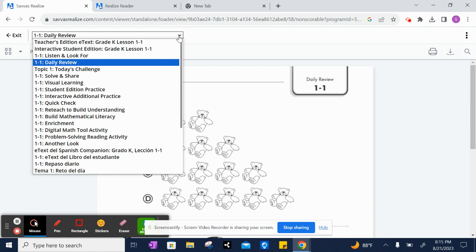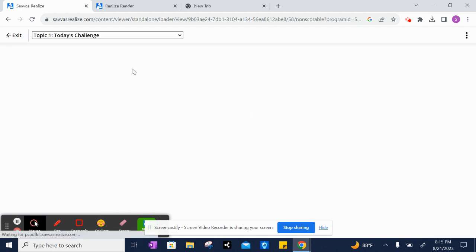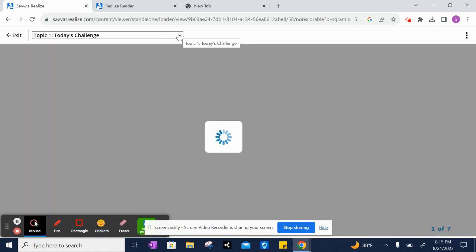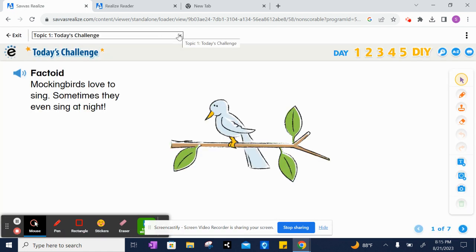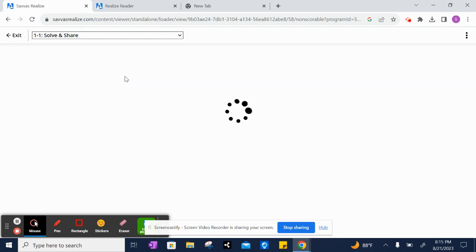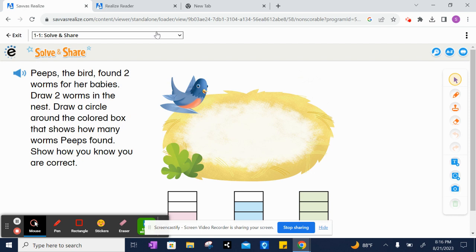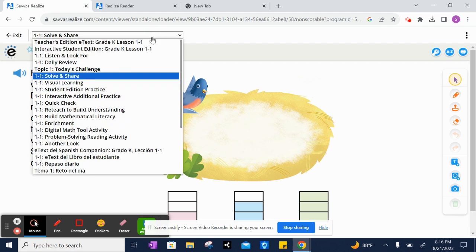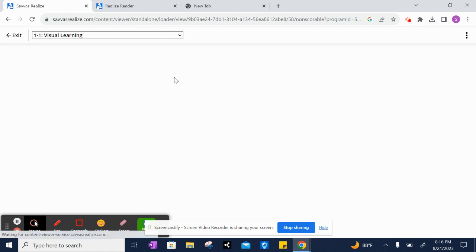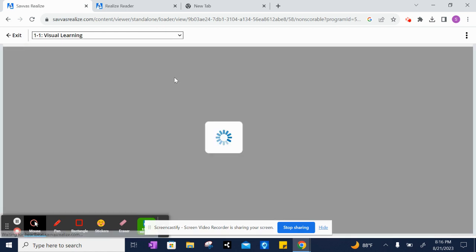I'm now going to use this drop down carrot to navigate through all of the topics, which is the coolest thing. And now you can go to today's challenge. Again, this is still topic one, lesson one. You could go to topic one, lesson one, solve and share, which is an opportunity to kind of a hook for your lesson almost. If you would like, and if you would like the visual learning video to be your hook,